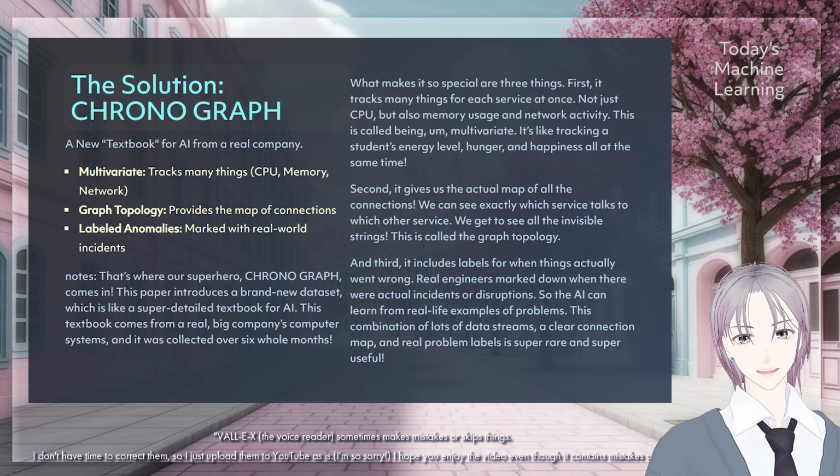Second, it gives us the actual map of all the connections. We can see exactly which service talks to which other service. You get to see all the invisible strings. This is called the topology. And third, it includes labels for when things actually went wrong. Real engineers mark down when there are actual incidents or disruptions, so the AI can learn from real-life examples of problems. This combination of lots of data streams, a clear connection map, and real problem labels is super rare and